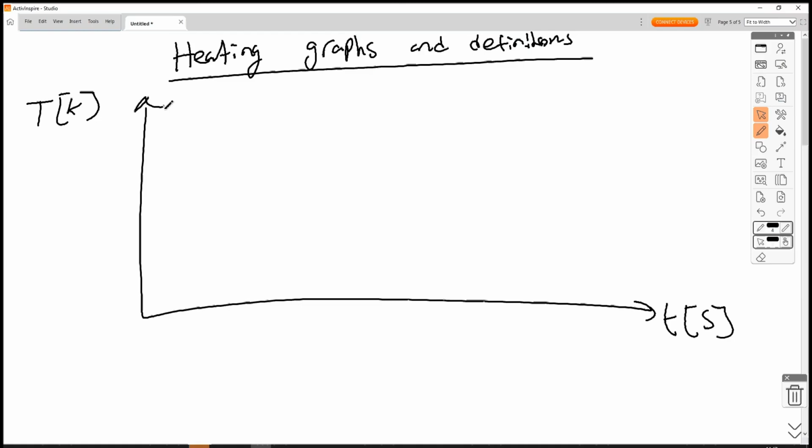We will start at a non-zero value at t equals 0. So at time equals 0, we have a non-zero value of temperature, because if it were 0, that means it's absolute 0,